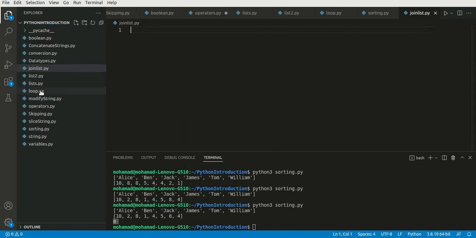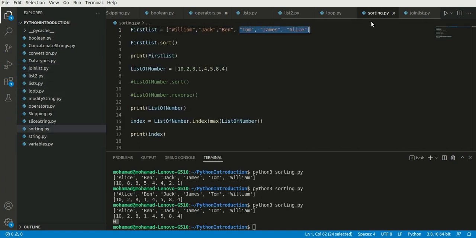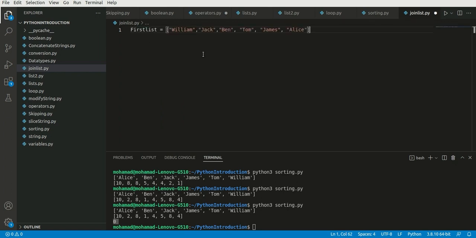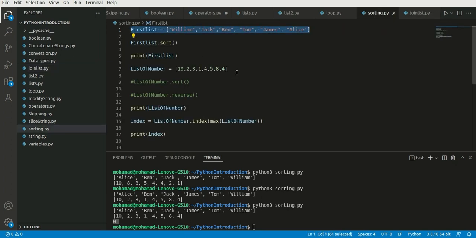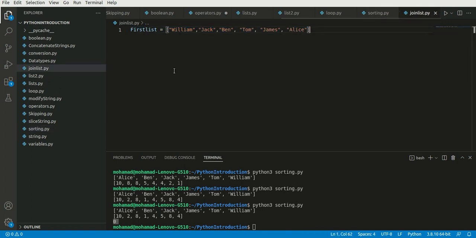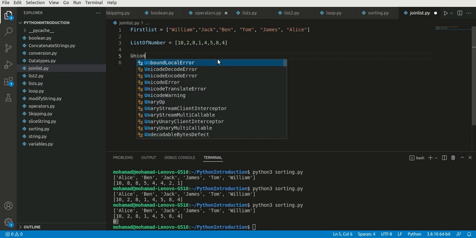So here we can use one of our recent strings, and inside of this, let's save this, and we can also get another list of numbers and paste it here. So imagine that I want to create a new list which is the result of adding these two together. So I'm going to call this union list,